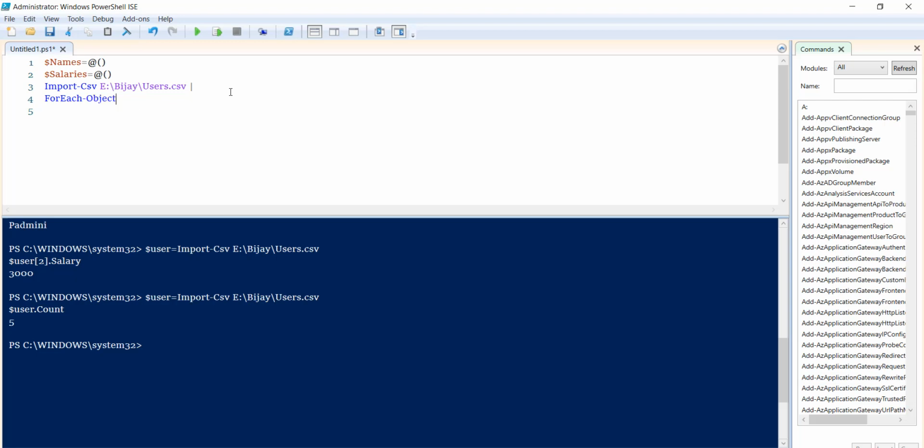hyphen object. And on this, basically I will put brackets here, and here we will read the elements. So the names we will store in the names array, and the salaries we will store in the salaries array. So you can see here, and here what I will do is I will say plus equal to, because we want to keep the values, because this for each will read one element after another element, so it will keep on reading. So then I will take a dollar underscore.